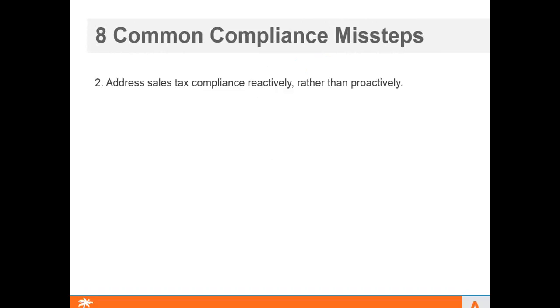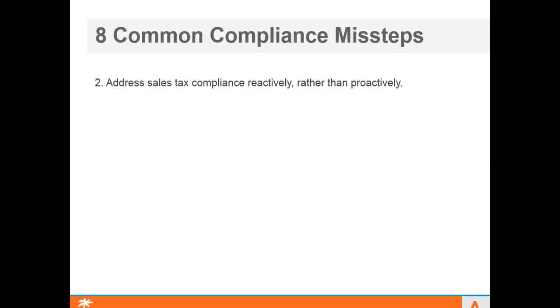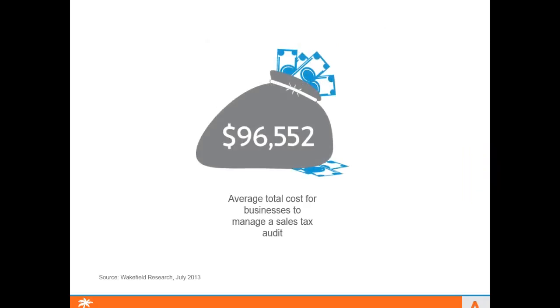Number two, address sales tax compliance reactively rather than proactively. So the attitude of, we'll worry about it later. One of the things that can happen later is within audits. If you are luckily picked to get an audit, an assessed audit can be over $30,000 per occurrence of an error. And just to manage that audit, Wakefield found that the overall total cost of managing a sales tax